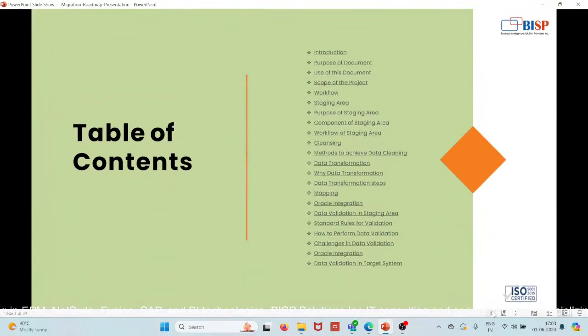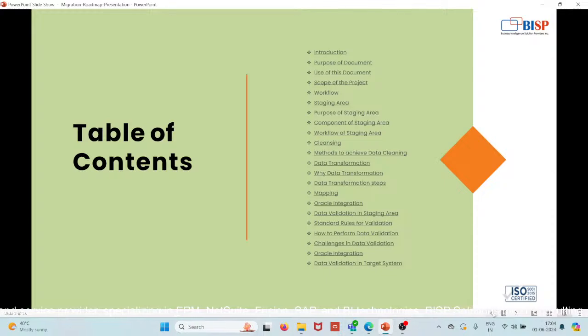First we are going to see the introduction part, the purpose of this document, use of this document, scope of the project, then what is the workflow, staging area, purpose of staging area, components of staging area, workflow of staging area, what is cleansing, and methods of archive data cleaning,